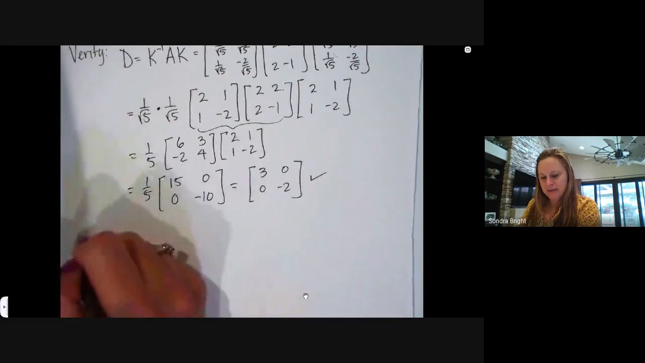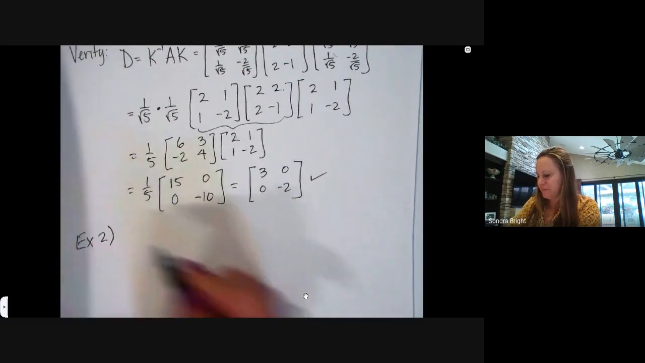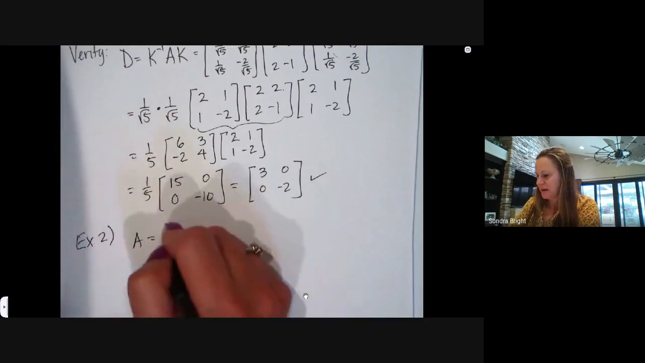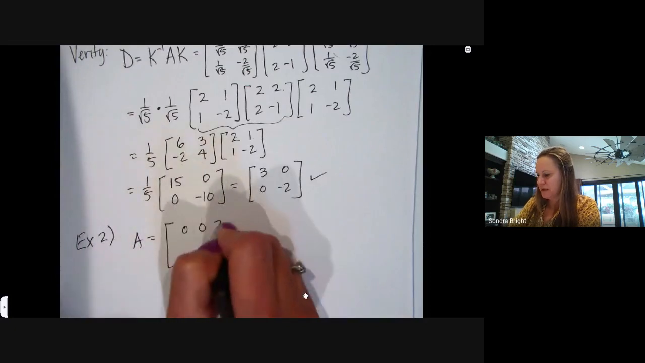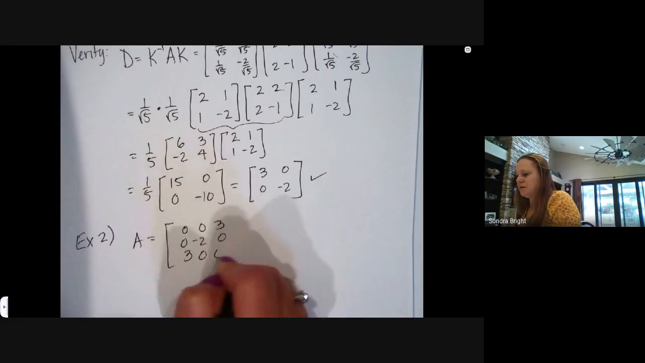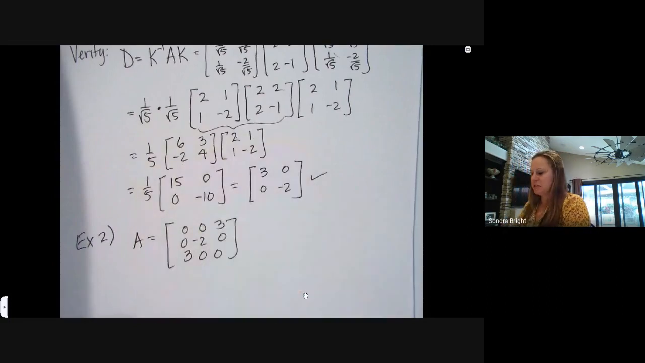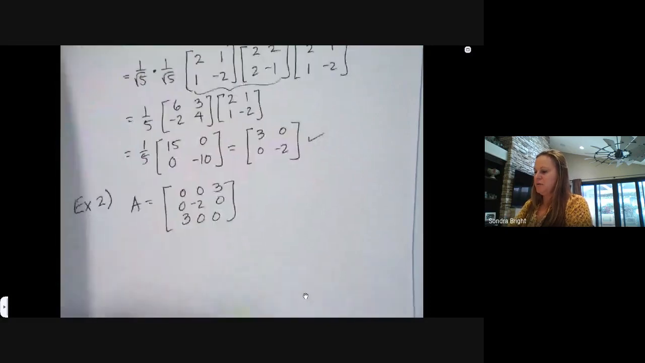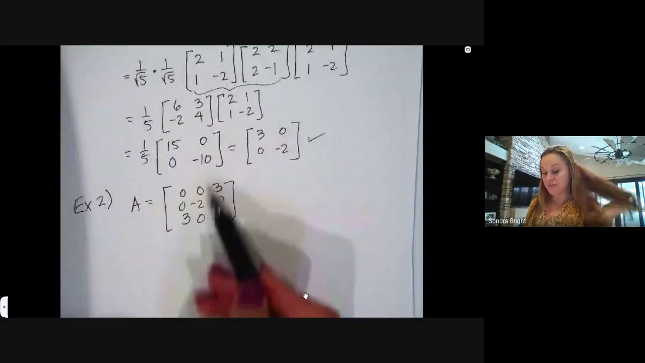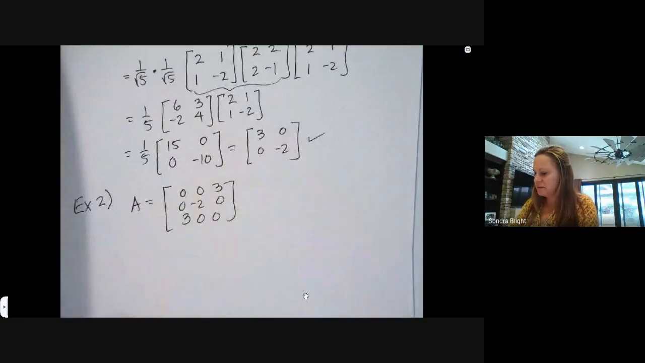And that is where A is 0, 0, 3, 0, -2, 0, 3, 0, 0. Obviously, on this, you can do it by inspection also, right? 0, 0, 3, yep, yep, yep, yep, right? You can kind of look at it too. But we do have you verify as part of A. So verify